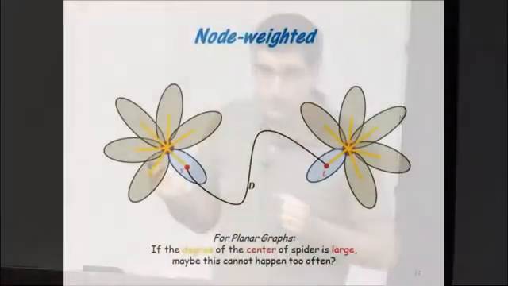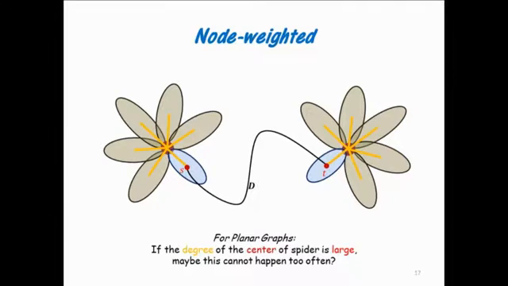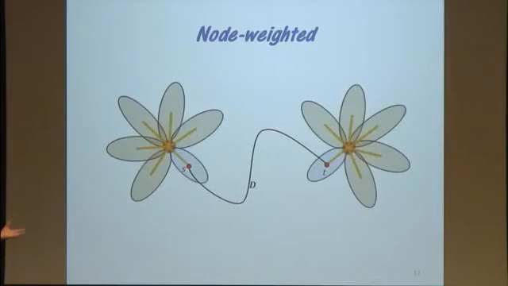And let's see what goes wrong in the node-weighted variant. In the node-weighted variant, the issue is that, okay, you can do the same thing by the shortest path, and then try to put a disk. But now the intersection happens on the vertices. So you may get into intersection with many disks at the same time on one single vertex. Okay? So the natural generalization would be to buy these yellow spiders